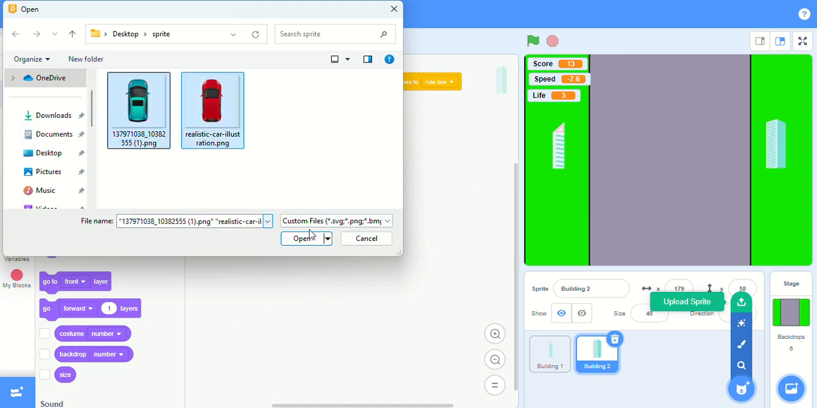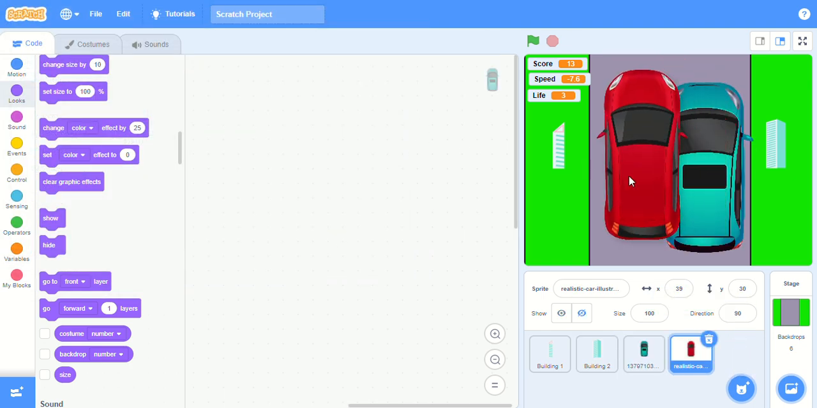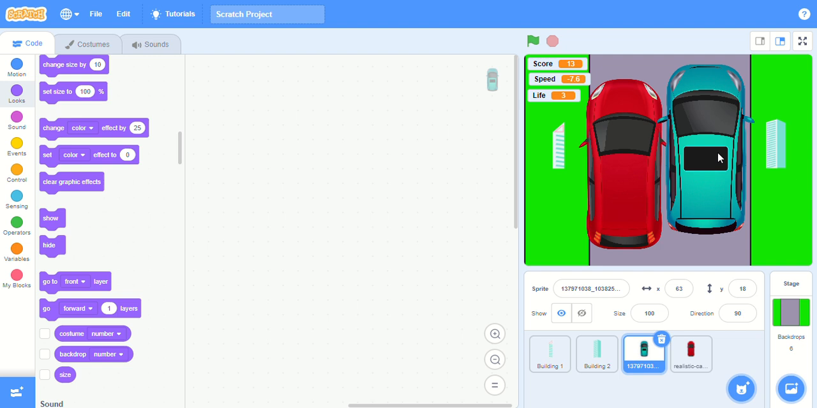Okay, open. Okay, got it. Now we've got two cars and I need to reduce the size. First of all, we need to rename this. This blue car is our main car, so we need to rename that into